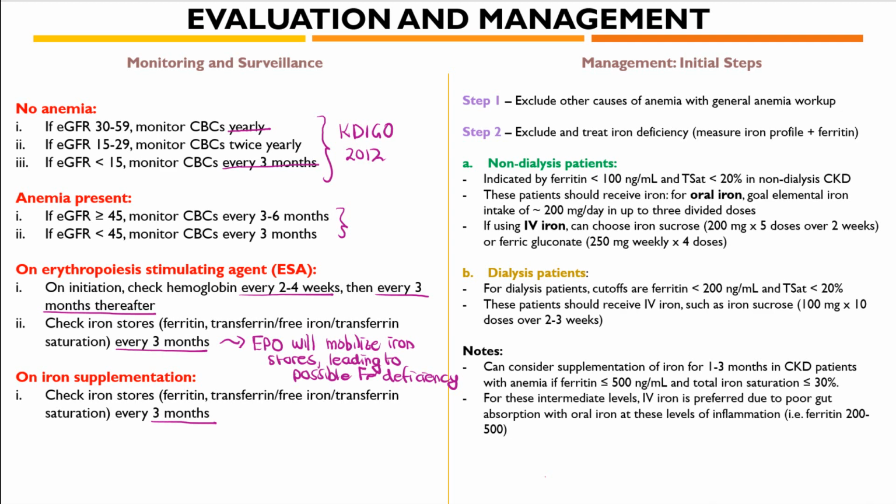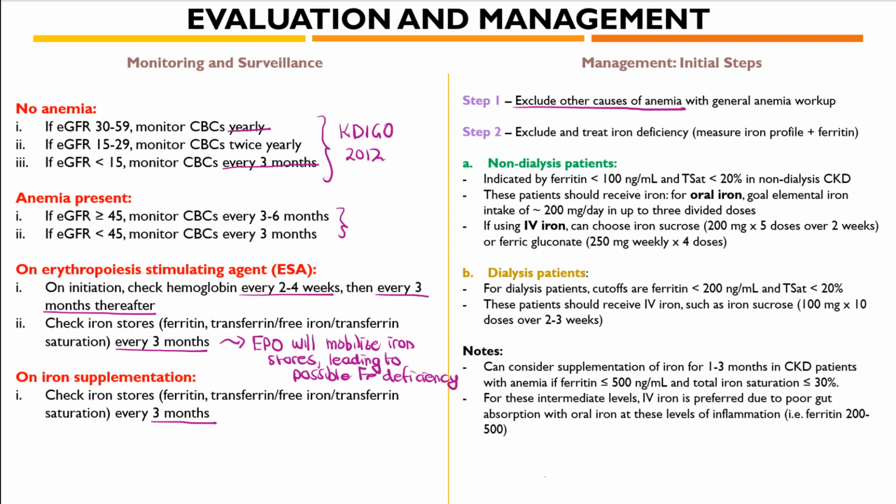So now say you have a CKD patient who presents to you with anemia. What do you do? Well, there's 5 steps to managing these patients. The first is to exclude other causes of anemia. Just because they have CKD doesn't mean their anemia is just from their CKD. If their hemoglobin is 5.0 or 5 in American units and their GFR is 55, there's probably more to blame